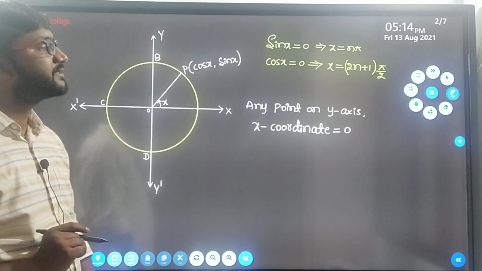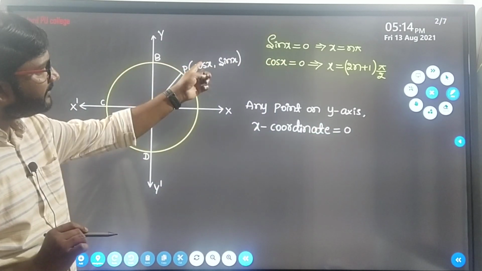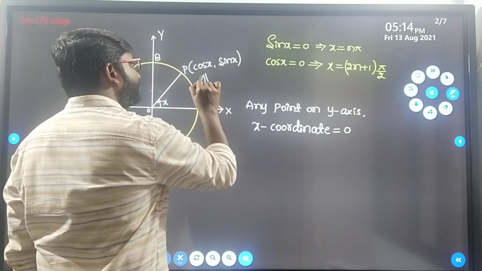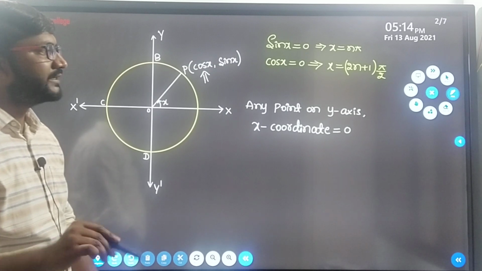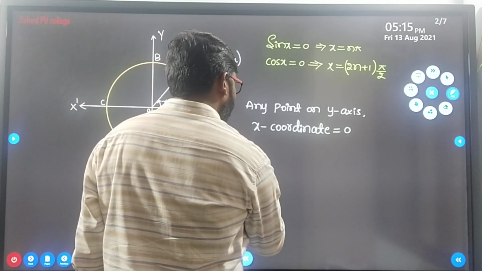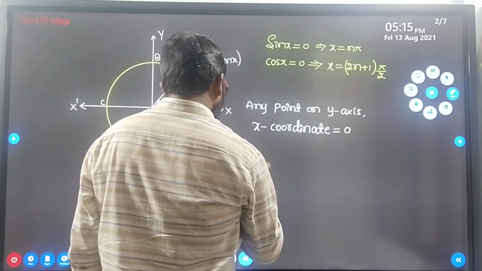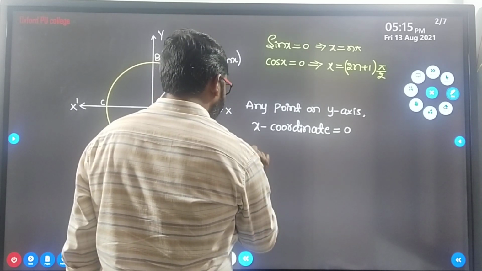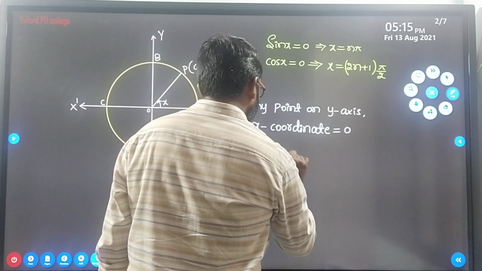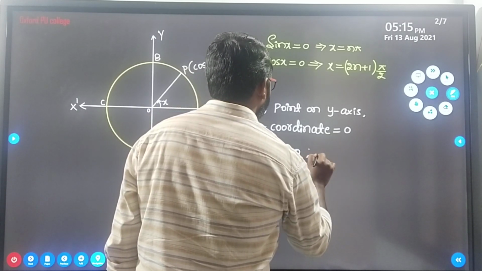The corresponding x coordinate becomes 0. So what is the x coordinate of the point P? Here x coordinate is nothing but the cos x. So cos x becomes 0 now. So this implies cos x equals 0 if